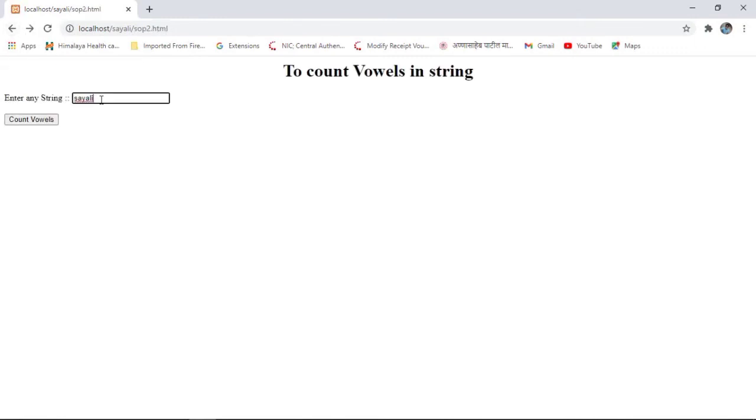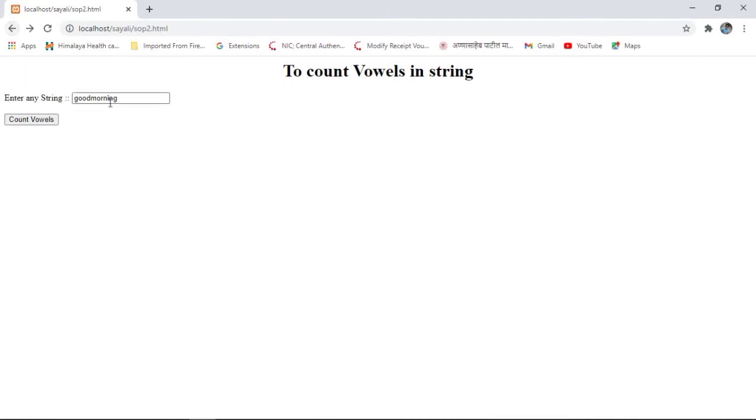Let us type another string, suppose good morning, and click on the count vowels button. See here how many vowels are there. 1, 2, 3 and 4. 4 vowels are there. Okay, so see here is the output that 4 vowels are there.